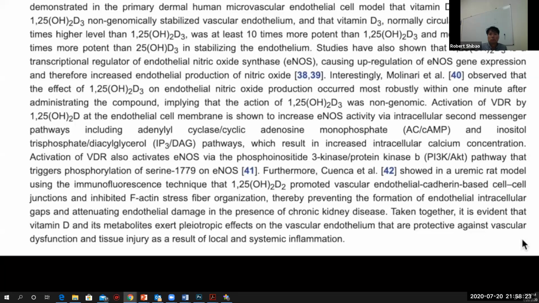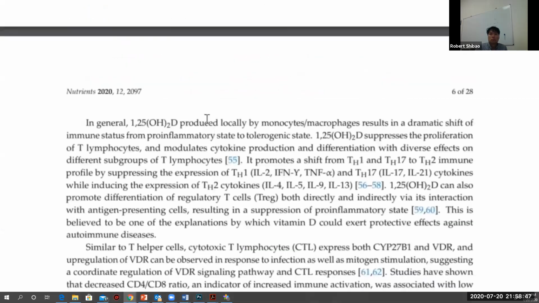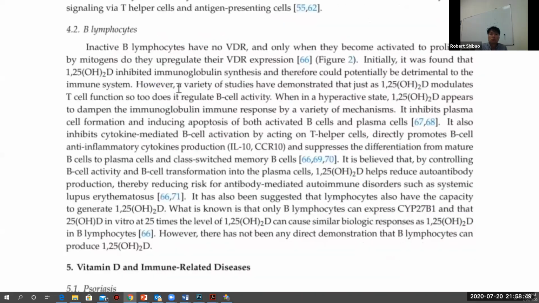This is exactly what we want to have in a patient with COVID-19 if our hypothesis is correct. We've been talking about vaccines and immunity and antibodies. Well, vitamin D has an effect on adaptive immunity. It has an effect on T lymphocytes. There is some question about whether or not helper T cells and memory T cells remember this infection. Well, there is an effect of vitamin D on that. There's also an effect on the B lymphocytes. And these B lymphocytes give rise to plasma cells, and it's these plasma cells that give rise to antibodies.